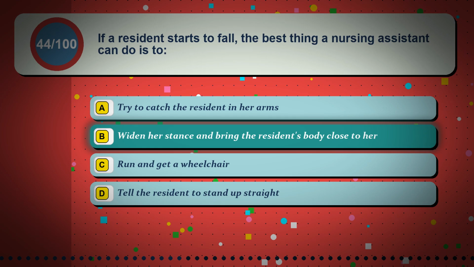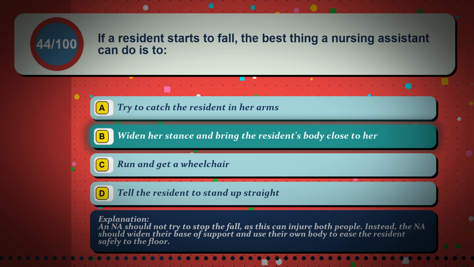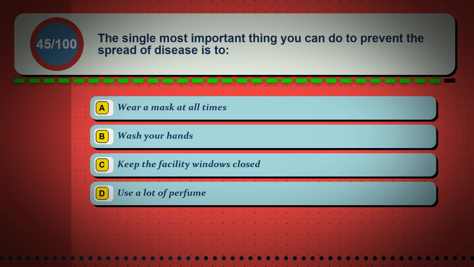The correct answer is option B. Widen her stance and bring the resident's body close to her. An NA should not try to stop the fall, as this can injure both people. Instead, the NA should widen their base of support and use their own body to ease the resident safely to the floor. Question 45. The single most important thing you can do to prevent the spread of disease is to: